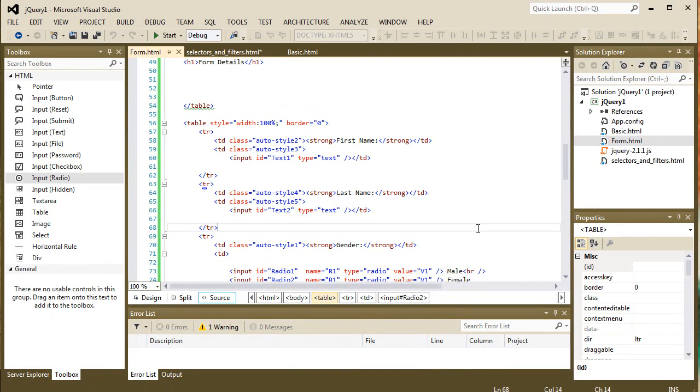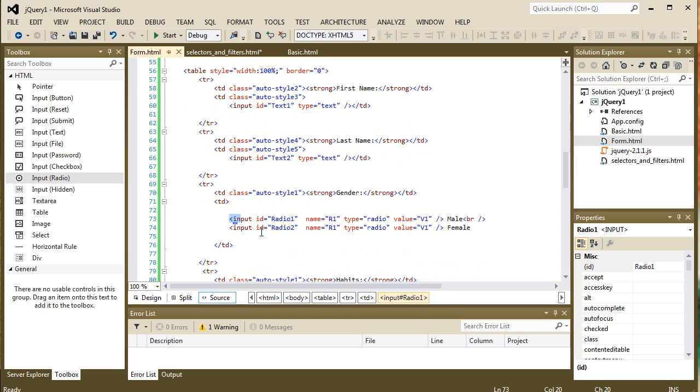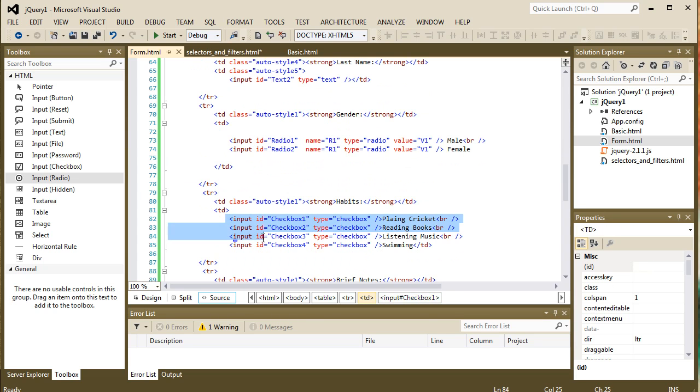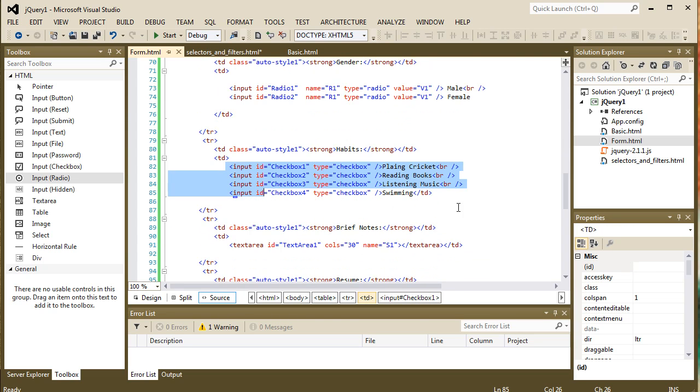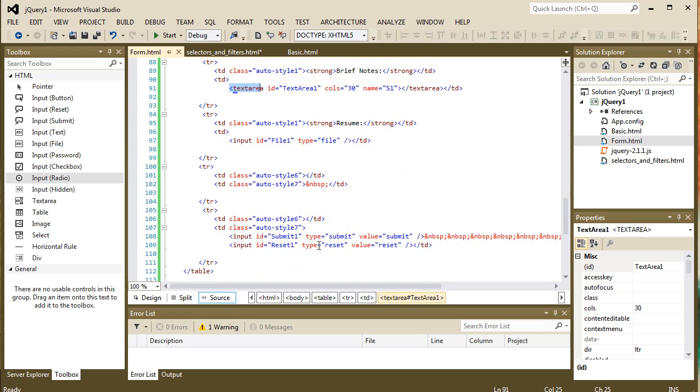Let's see the source code. This is the source code. Here I have created a table. In the table I have created names and input type text boxes. And here I created radio buttons. And I created four checkboxes for habits. And for brief notes, I created a text area. Okay,